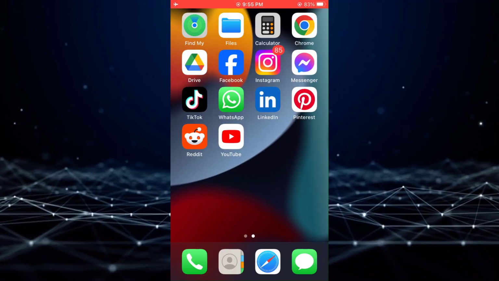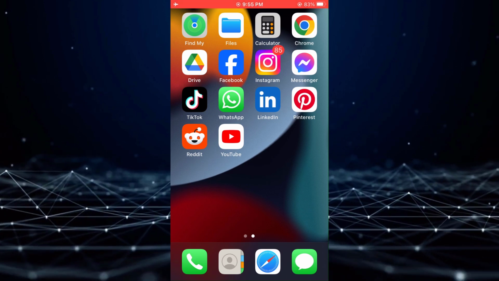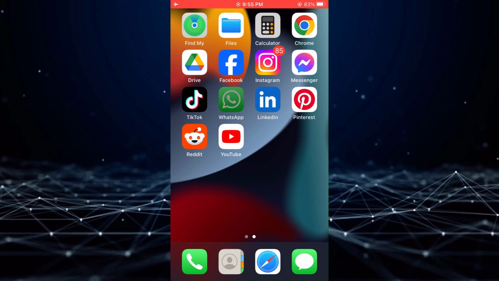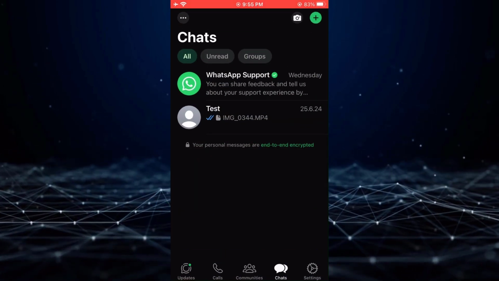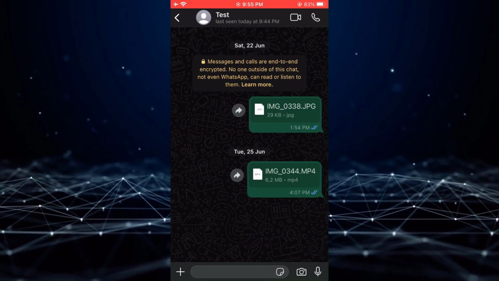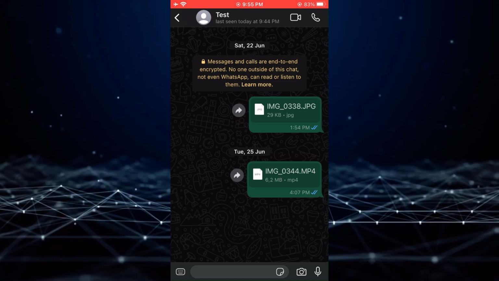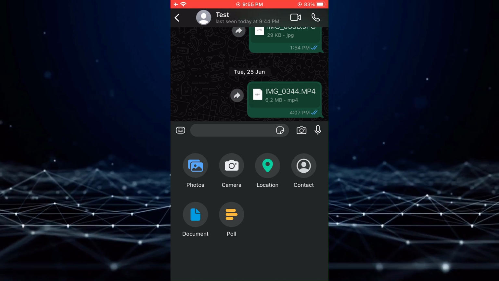In this video, we will demonstrate the process of sharing one's location via WhatsApp. To initiate, open the WhatsApp application on your iPhone or Android device and access the desired conversation. Subsequently, locate and tap the plus button situated on the left side of the screen, followed by selecting the location